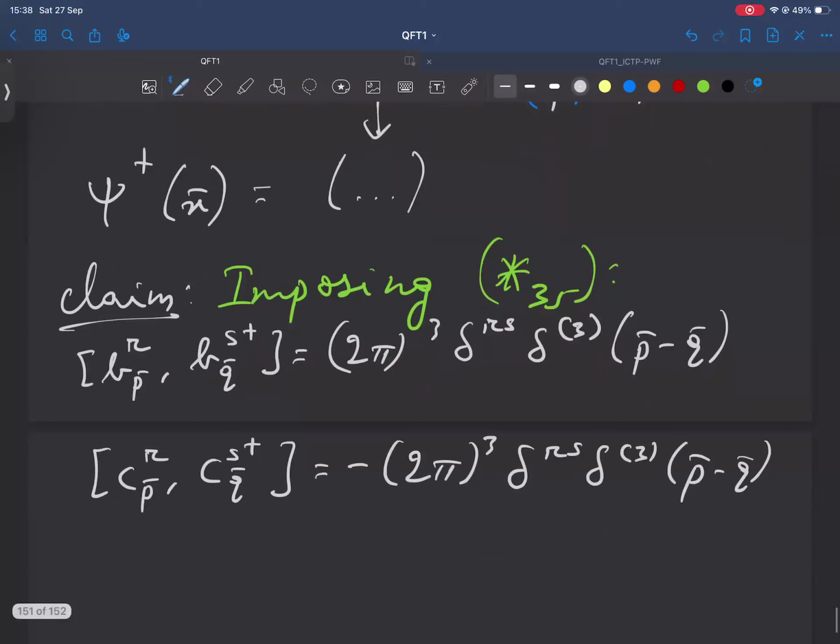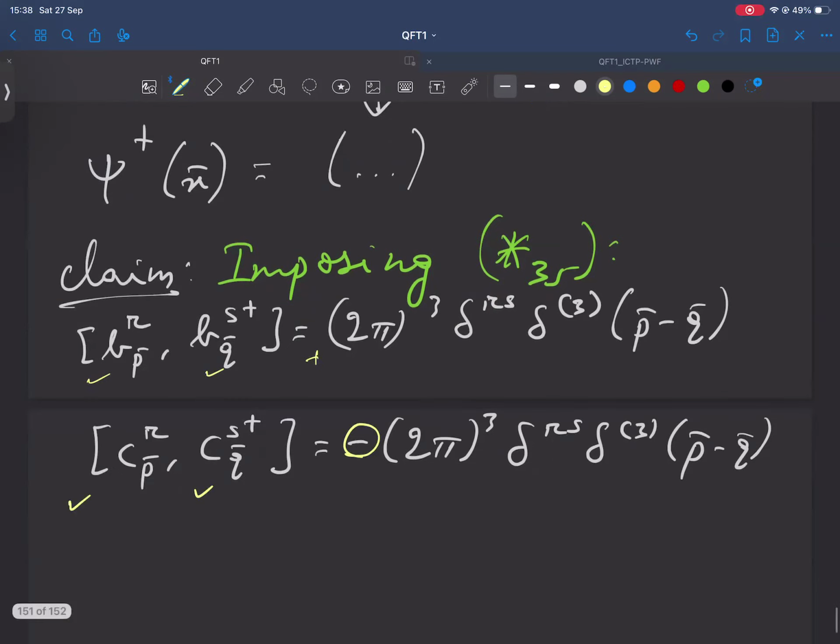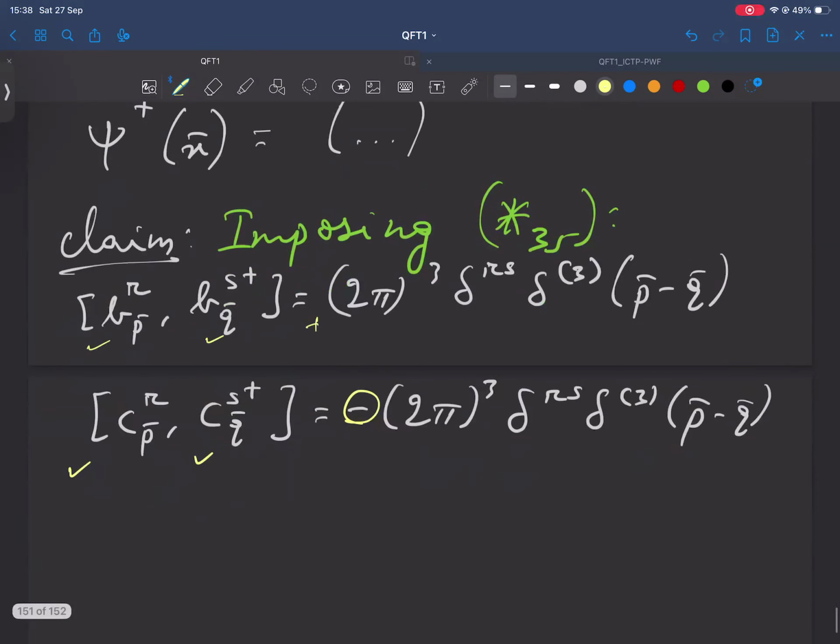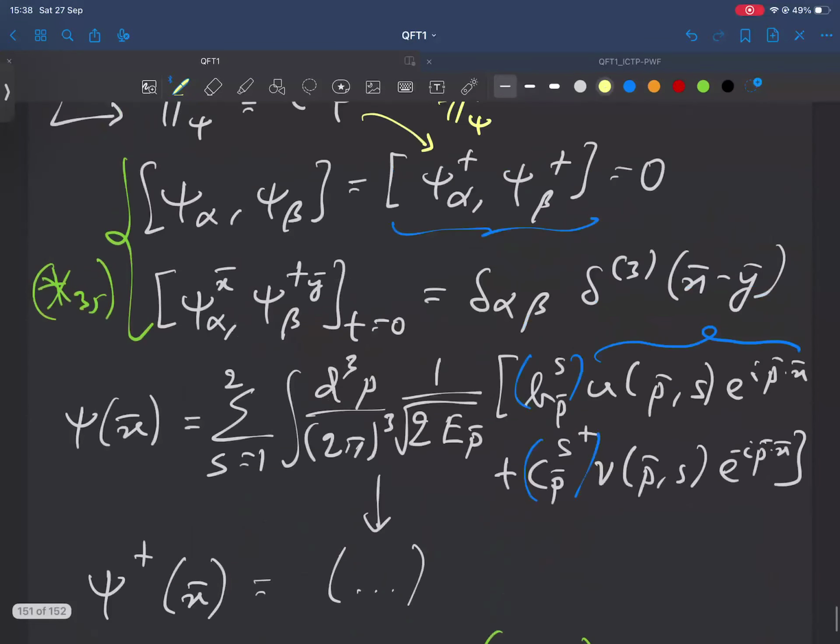Okay. Now what is weird about this is, normally in the complex scalar case, when we had annihilation and creation operators, they came with a plus sign. But now the usual way of defining annihilation and creation operators this way comes with a minus sign. Okay. And why does that happen? So the way to check this is if you take these two equations, as they are given with a minus sign, opposite to the complex scalar case, and then plug them here,